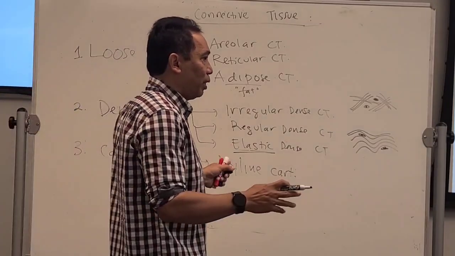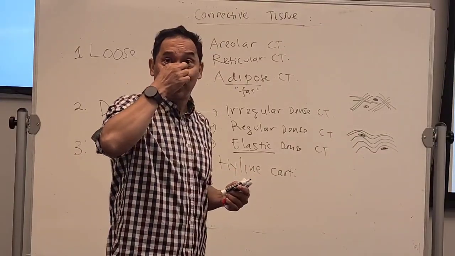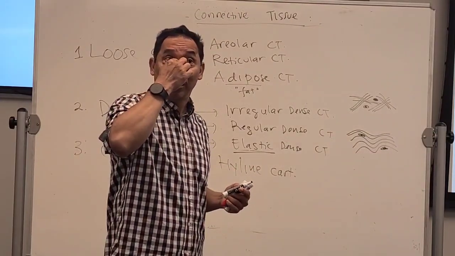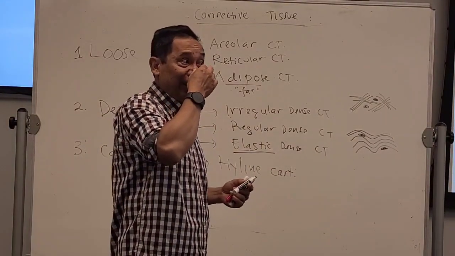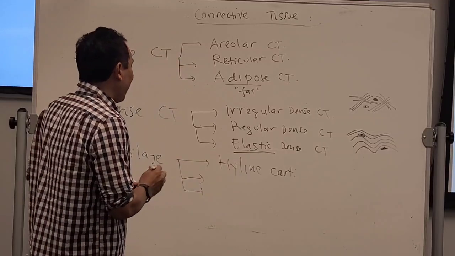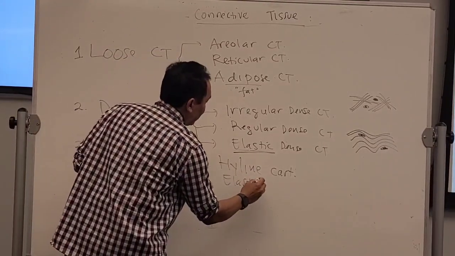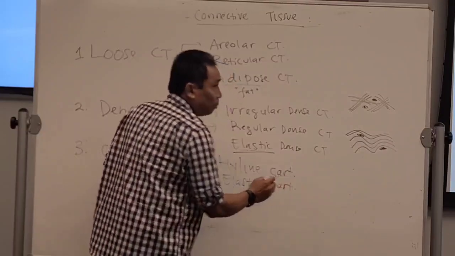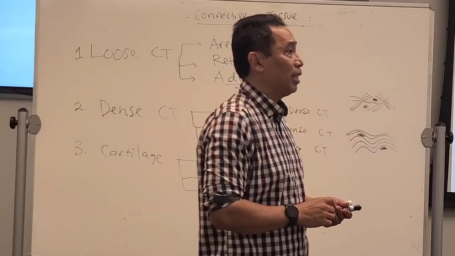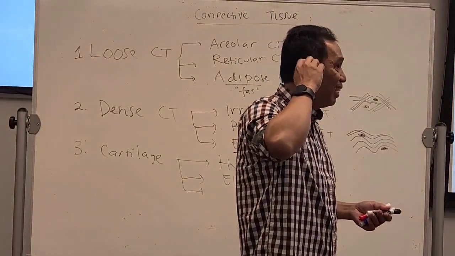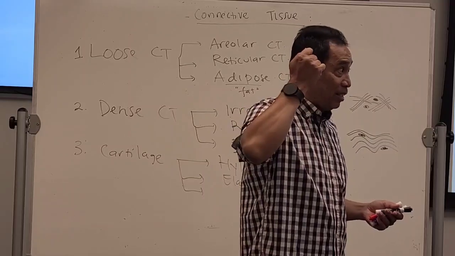This is softer. An example is our nose. We have cartilage in the nose, not the back part. The back part is bone, but the top part over here is actually cartilage. It's made of what? Hyaline cartilage. And then the second one is called the elastic cartilage. This is a little bit stronger than the hyaline, but really, really elastic, like in the ear. So we have cartilage over here. It is very elastic cartilage.